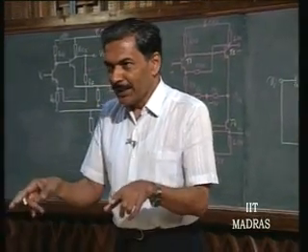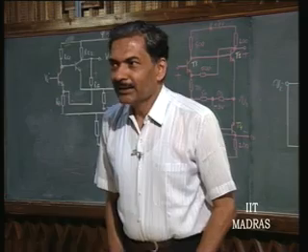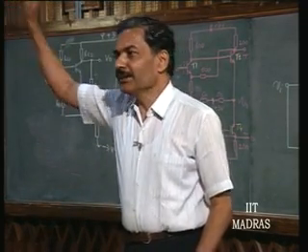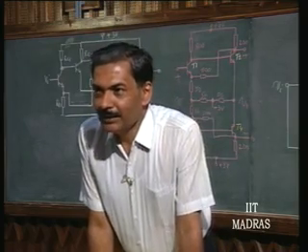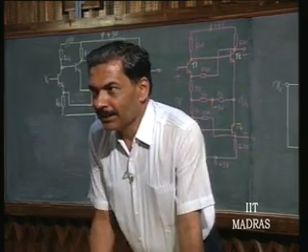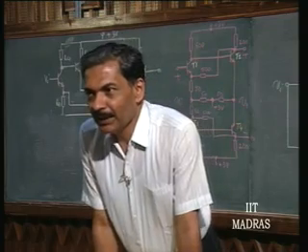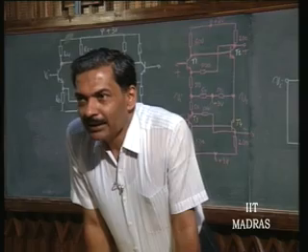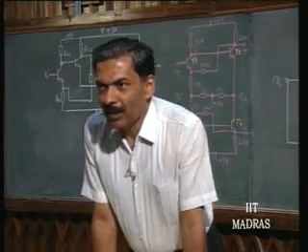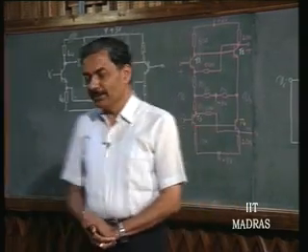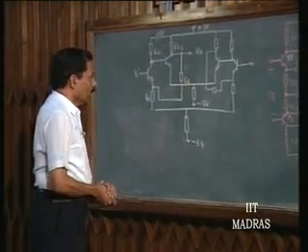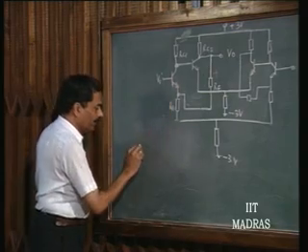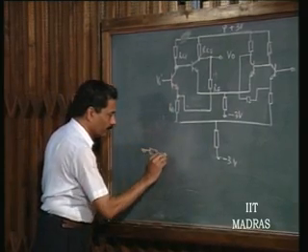Okay? But this pole that I am going to introduce is going to be coming to picture at a very high frequency, so it is of no consequence, and therefore you can consider for all practical purposes that this pole zero compensated amplifier is essentially a 2-pole configuration rather than 3-pole configuration. Is this clear? That is called pole zero compensation. And where do you introduce this 0? It is normally introduced, if you see, the feedback resistance is nothing but RF